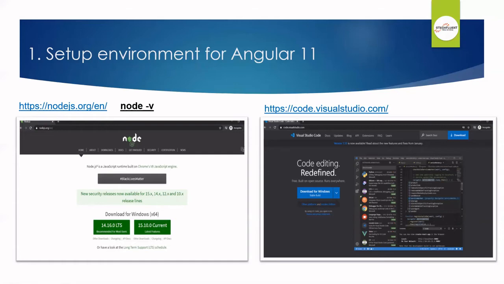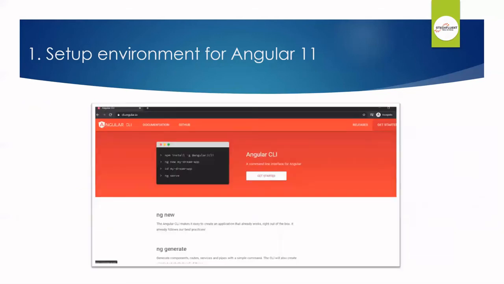Next, we will see how to install Angular. To install Angular 11, the Angular team came up with the Angular CLI, which makes the installation process easier. We need to run a few commands to install Angular 11. You can go to the official website of Angular, that is cli.angular.io, and follow these commands. If you see, there are four commands over there. First, you need to install Angular globally on your machine. Next, you need to create the app and then run the app. So let's follow these steps and create our first Angular application.